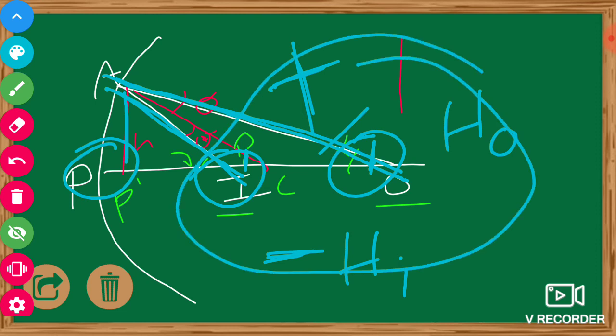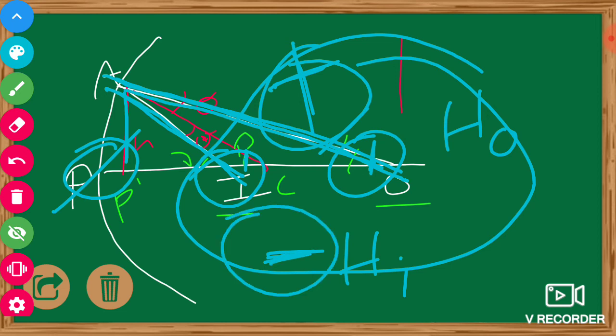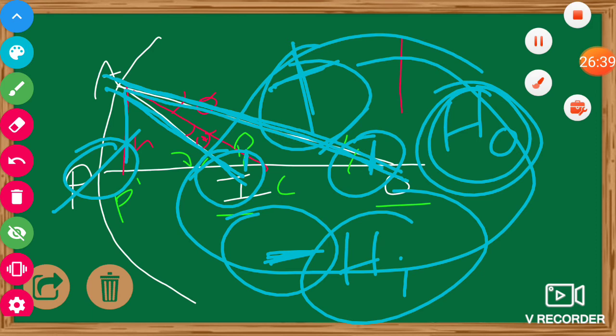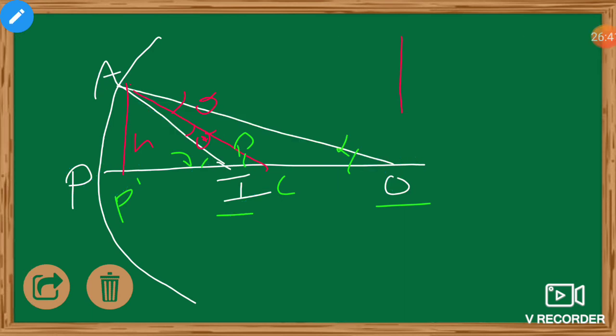Again I am telling you, all measurements should be measured from the point P. The direction towards the incident ray's direction should be taken as positive, and the reverse direction of the incident ray should be taken as negative. The height of the object is considered as h0, and the height of the image is considered as hi. Now we can find the values of the equation.